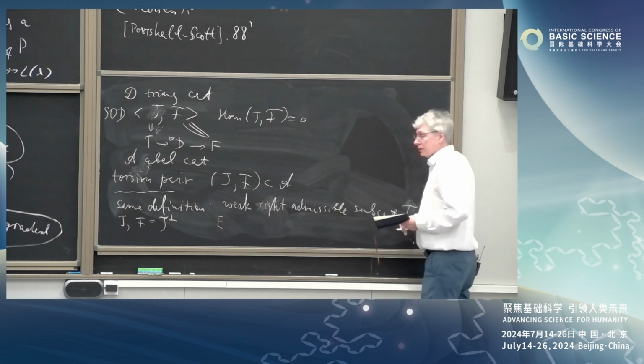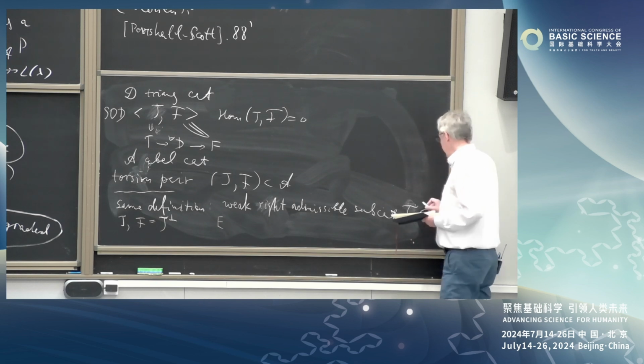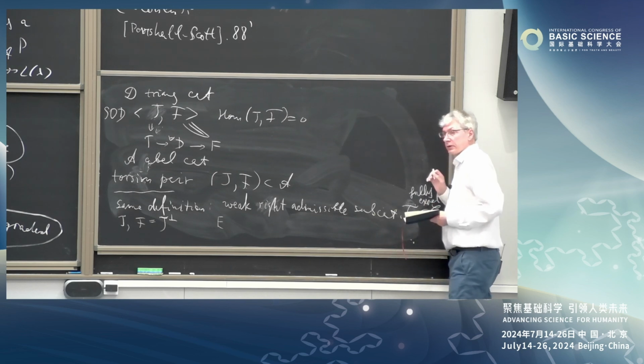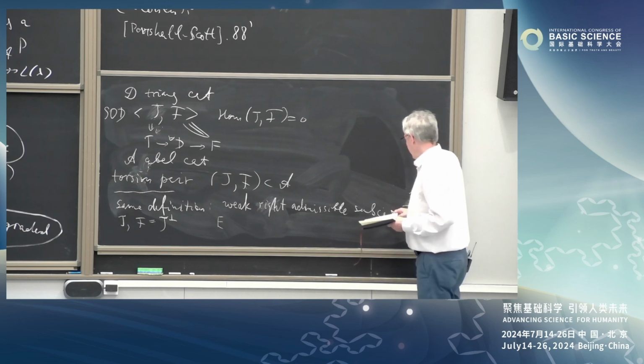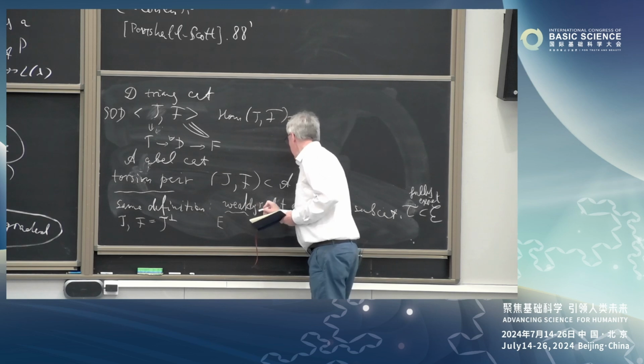It should be a fully exact subcategory, first of all. It means that it's closed under extensions, and the exact structure on T is induced from the exact structure on E. Fully exact, and it's a full subcategory. So I consider this kind of subcategories. Now it's called weakly right admissible